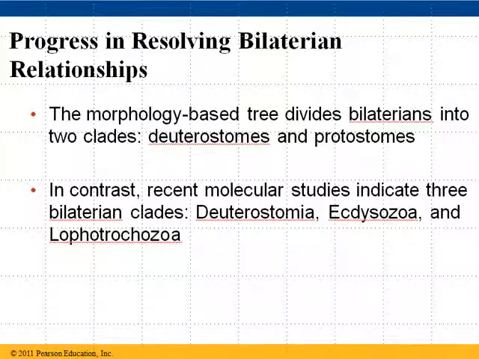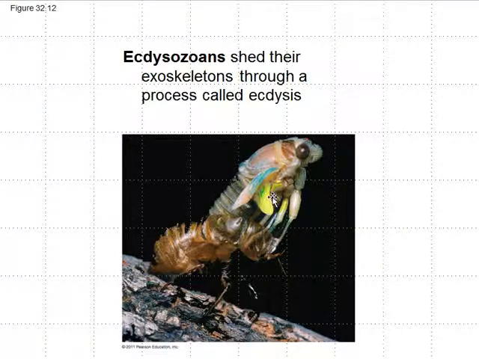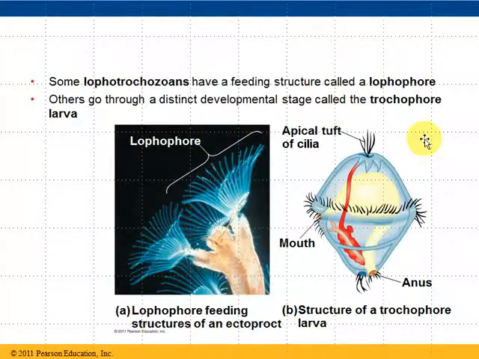Depending on how you look at the bilaterians, you could divide them into 2 groups, or you could divide them into 3 groups. If you divided them into 3 groups, you would have the deuterostomes, and then you would have the second group here, which sheds their exoskeleton through a particular process that you're familiar with in many insects. And then this third group has some particular feeding structures that make them unique and distinct from some of the others. So there is still, as I keep saying, some uncertainty about how you could properly divide out the different groups of animals, because that's never going to end.